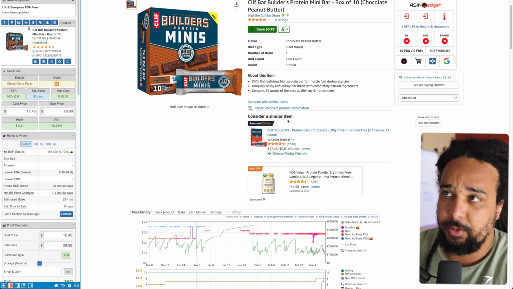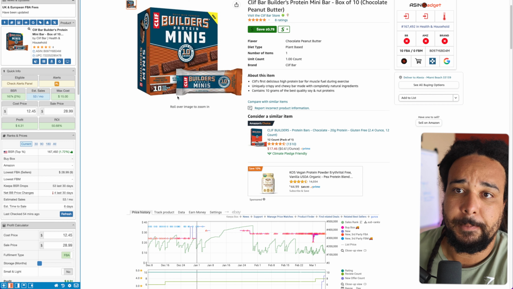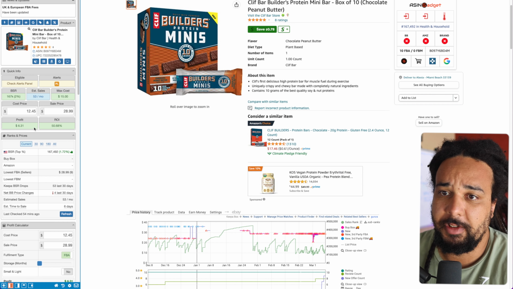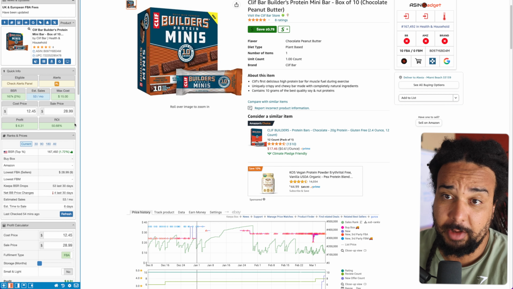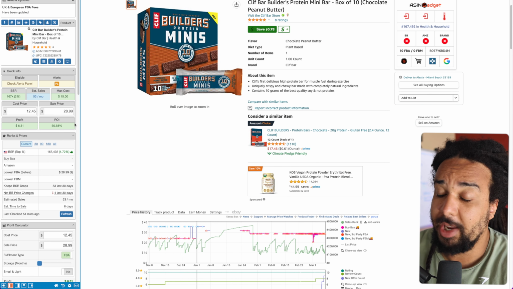So, the number one mistake I see a lot of people making is forecasting the future supply of a product wrong and not taking into account how the future supply of a product on Amazon is going to affect the price of a listing, right? So let's look at that listing, which is for protein bars. It's actually a listing that is profitable if you find the source. If you want to sell it, check it out. However, after this video, if just one or two sellers jump on the listing, the price may tank.